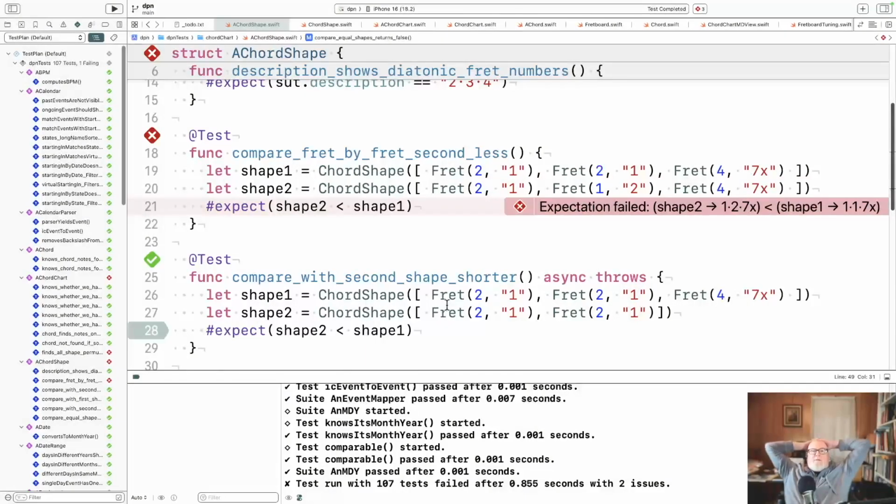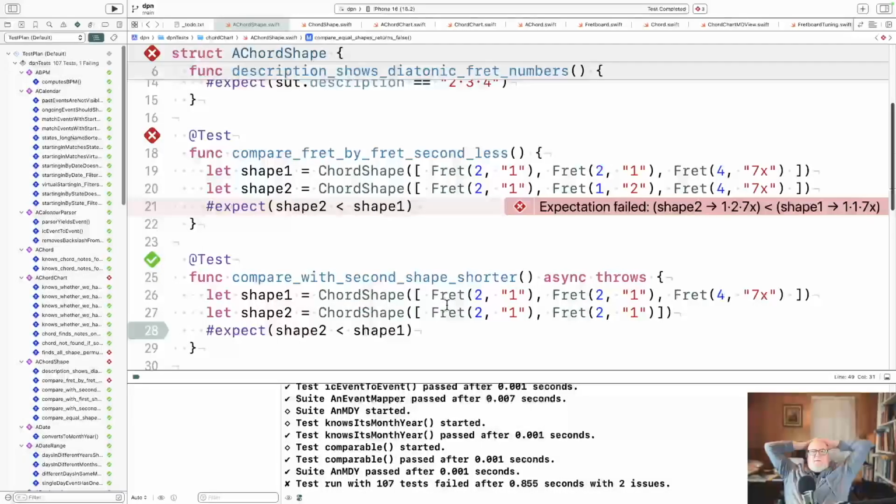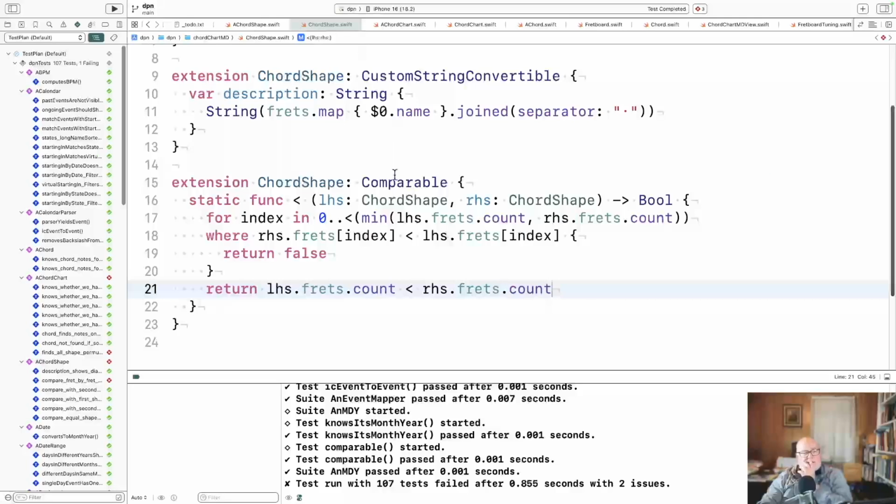So shape 2 comes out. Well, shape 1 is greater. Yikes. Okay, so if shape 1 is ever greater or equal,